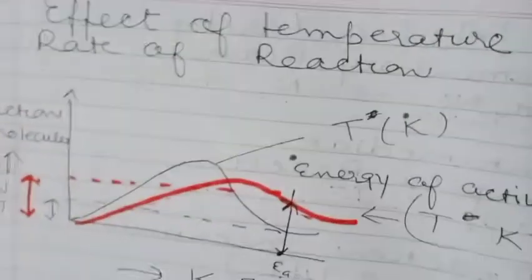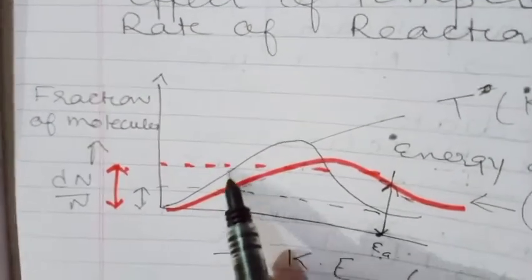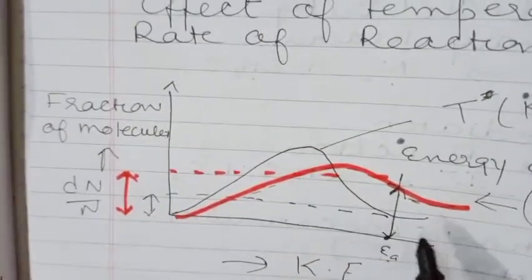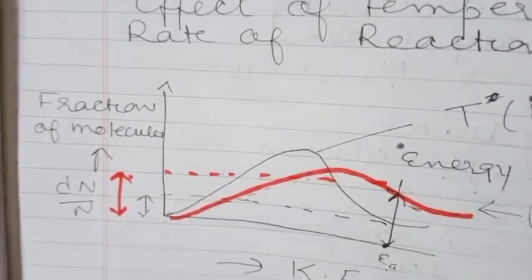But what is happening here? Here it is observed that if temperature is increased by 10 degrees, at that time the rate of reaction becomes almost double. Let us consider this graph. In this graph, the dark line represents the reaction taking place at T Kelvin. Suppose the temperature is